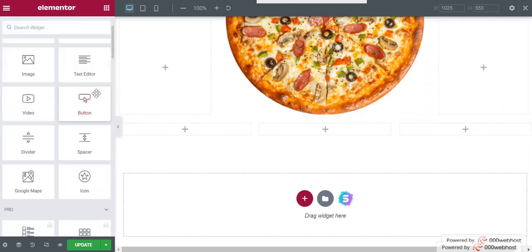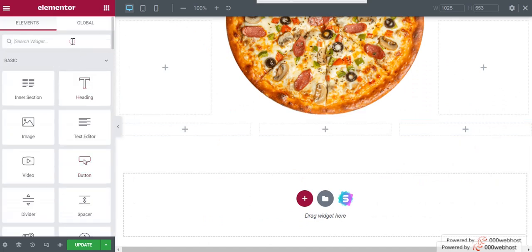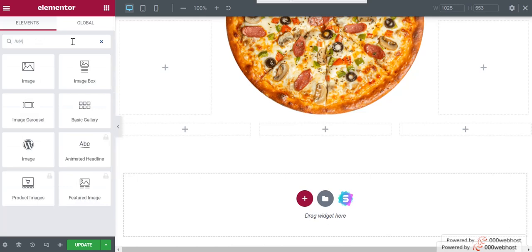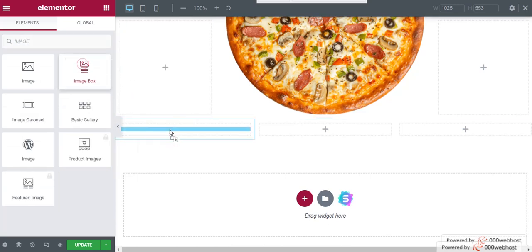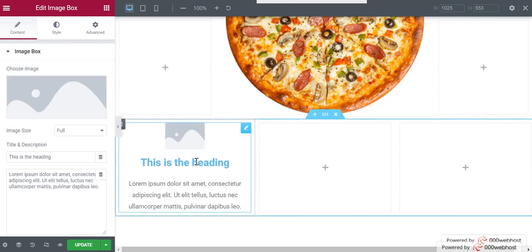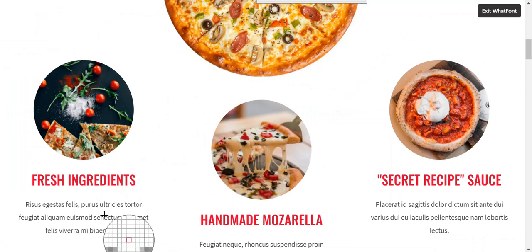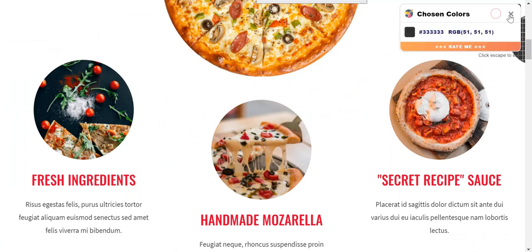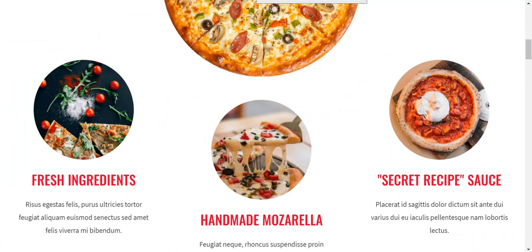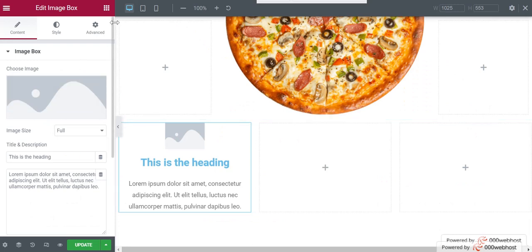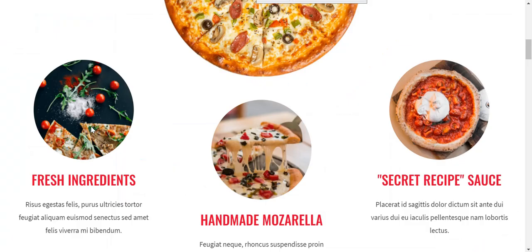So what we can do is use this image box. We have this heading along with the image, and we also have this text. By the help of this image box element you can have this type of thing.